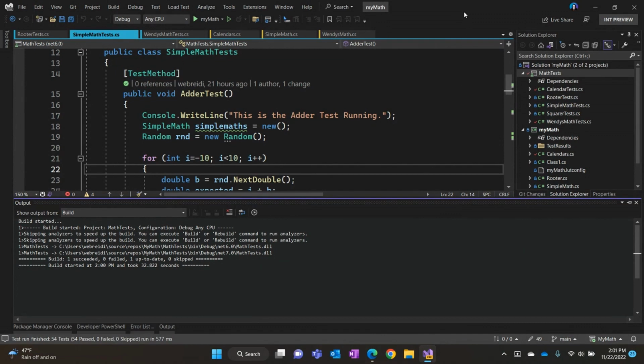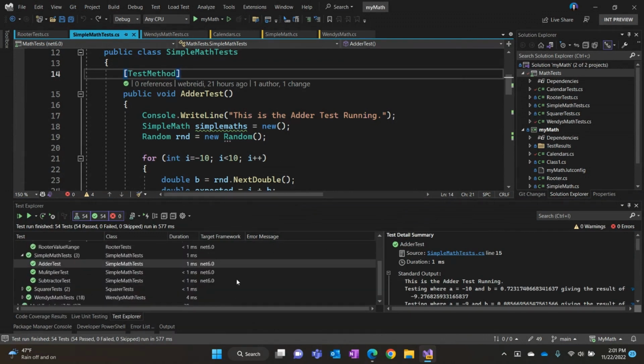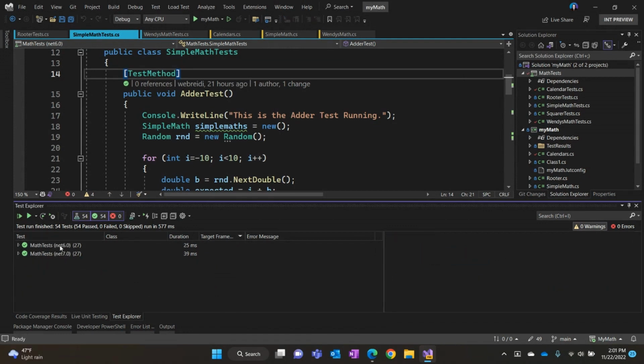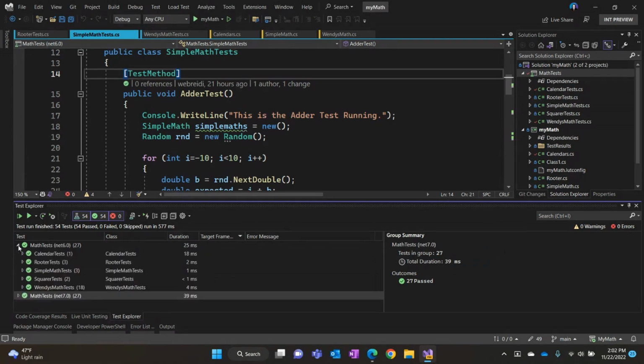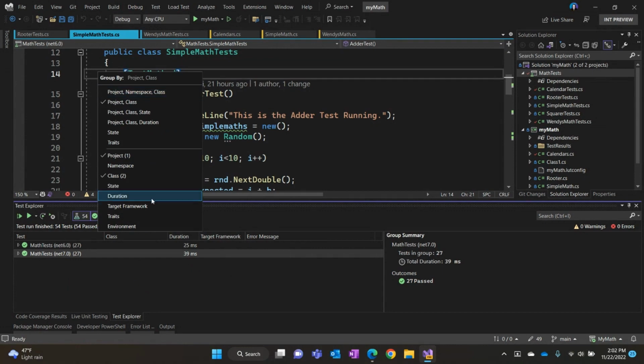This comes real handy when you're testing projects that have to support both .NET Core and .NET Framework, which is really exciting. So here I can see I have my .NET 6 tests and all my .NET 7 tests, and which ones took longer to run, and I can go through and see the various results. I have all kinds of options in here. I can filter down to see just the .NET 6 or .NET 7 ones. I have the ability to group by various things right now. I can group by the framework, and let's remove the other things.